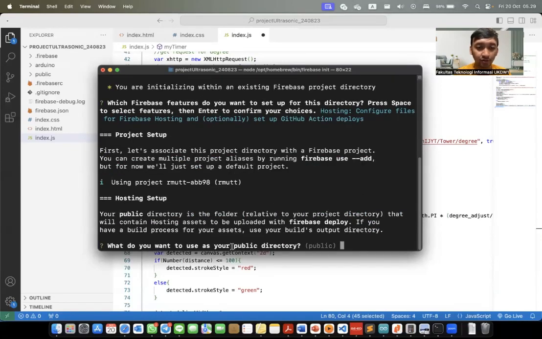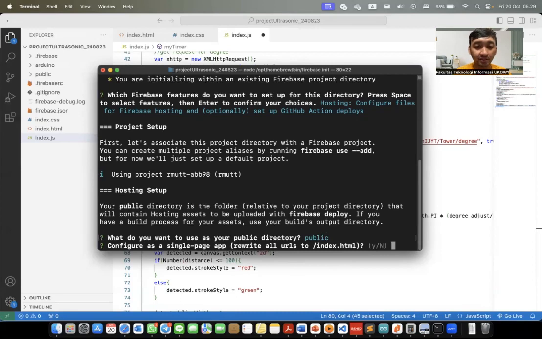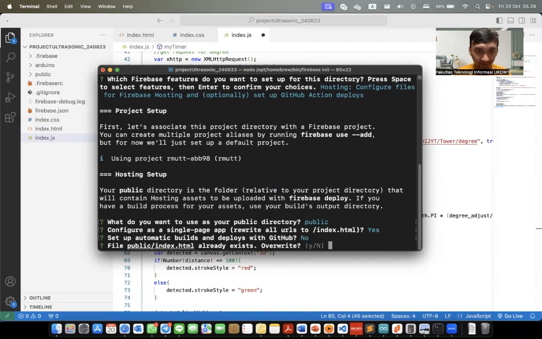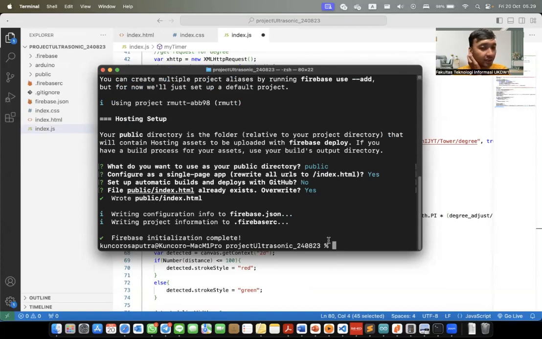What do you want to use as your public directory? Yes, I want public. Configure as a single app? Rewrite all URLs? Yes. Set up automatic builds with GitHub? No. Public index already exists, we want to override. Yes. So we set up Firebase, and after that we run firebase deploy.